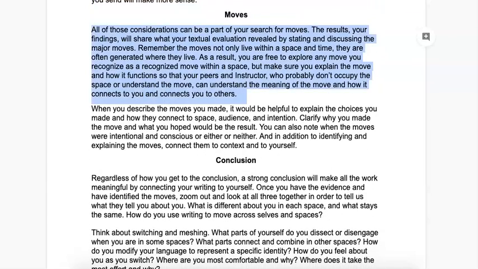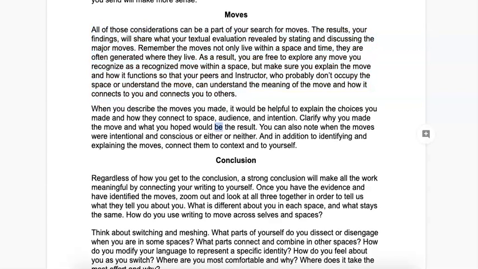Moves. All of those considerations can be a part of your search for moves. The results, your findings, will share what your textual evaluation revealed by stating and discussing the major moves. Remember, the moves not only live within a space and time, they are often generated where they live. As a result, you are free to explore any move you recognize as a recognized move within a space, but make sure you explain the move and how it functions so that your peers and instructor, who probably don't occupy the space or understand the move,